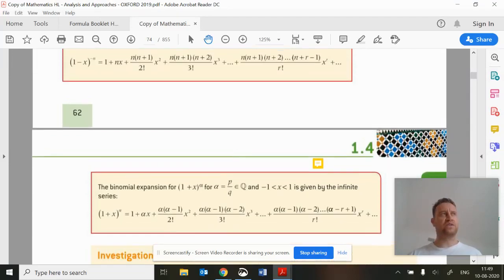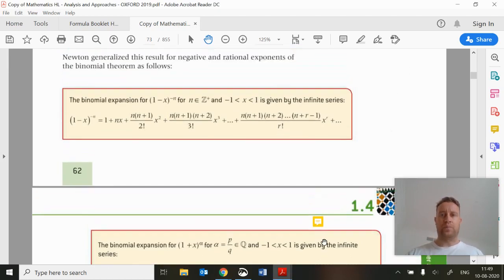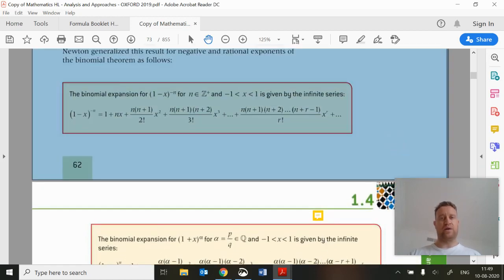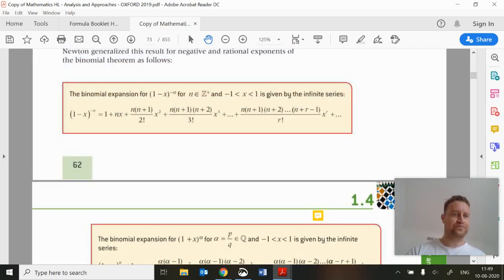Hi there, guys. Well, we've done 1I, which was the binomial theorem or the binomial expansion. So expansions of two things inside the brackets, like a plus b to the power of n, where n was a natural number, a positive natural number. So we're talking about n is 1, 2, 3, 4, and so on. Okay, so now when n, or our index number, is either negative or rational, we have two extensions to the